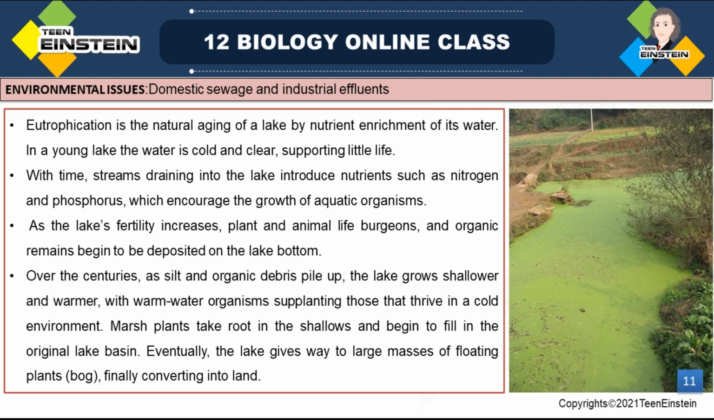So here you can see lakes that have a large mass of floating plants. Here you can see the green color. These are some kind of algae, and also you can see floating plants, which are a large mass. Then, depending upon the climate and other factors, the size of the lake, all these